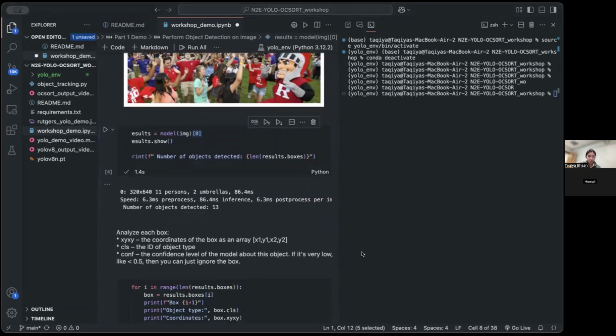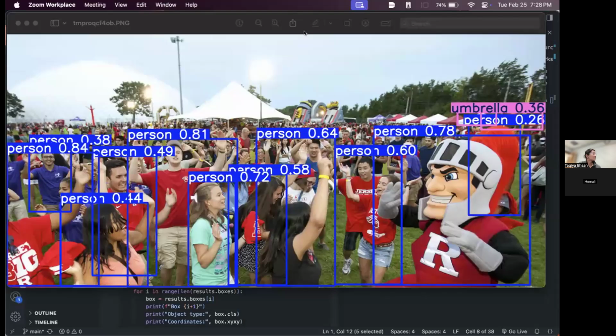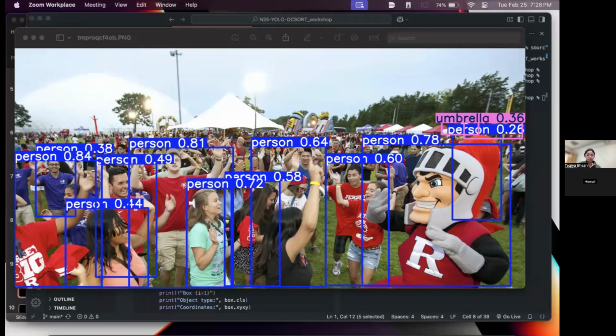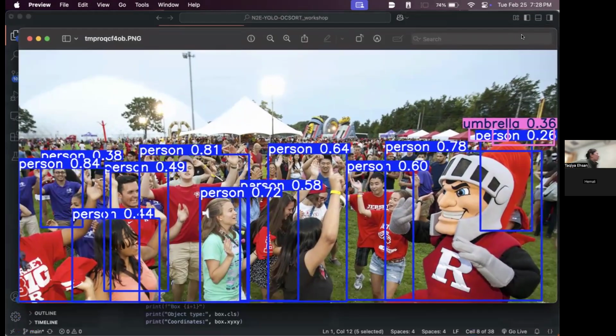Please work. There we go. So this is ideal. Oh, you can't see this. Okay. This is ideally what you should see when you run the image through the